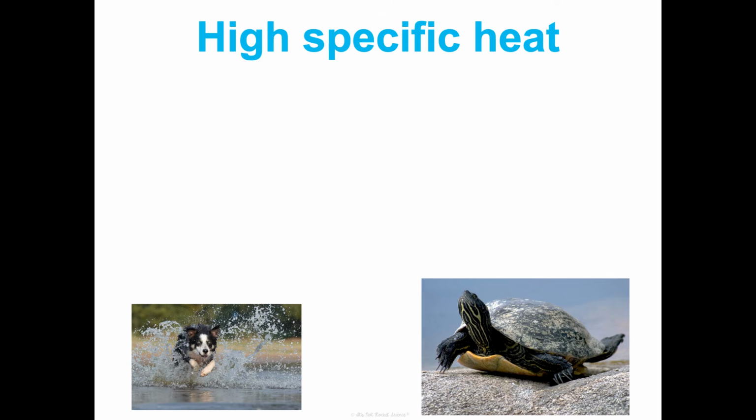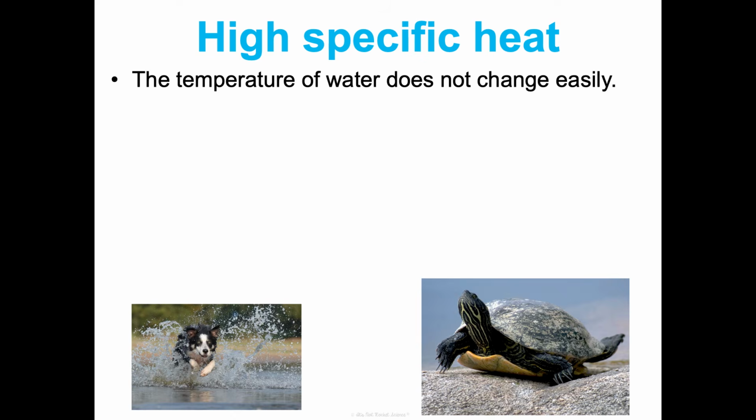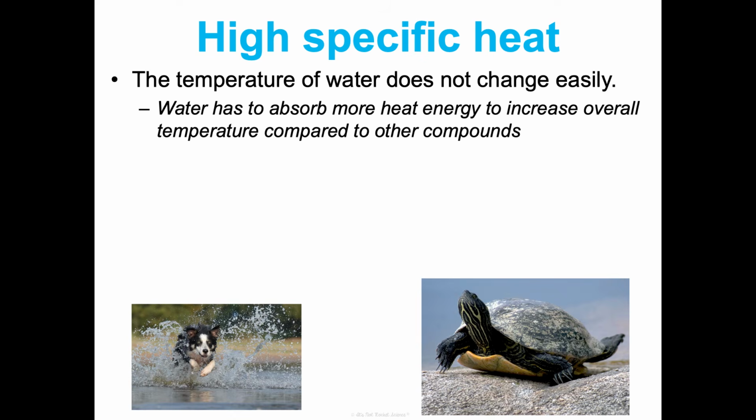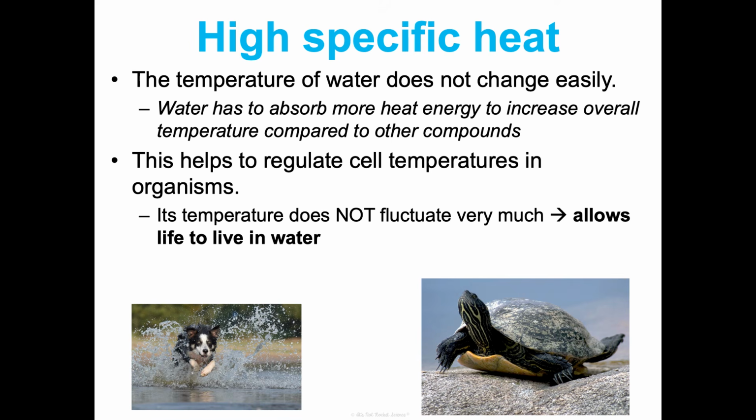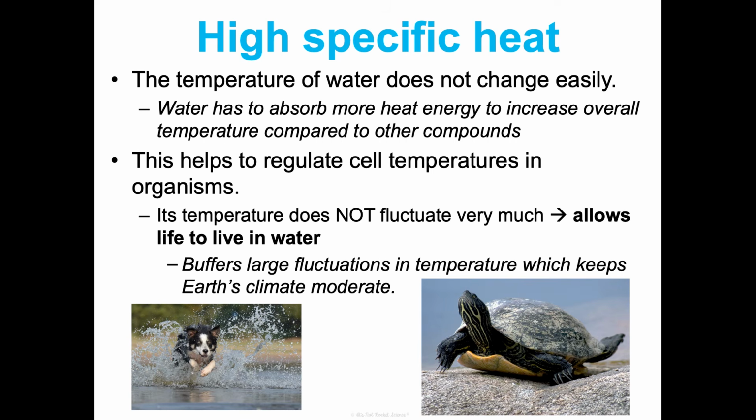This is my favorite one because I live on the coast, so this makes my life better. It's the fact that water has a high specific heat. So it basically means that it takes a lot of energy to change the temperature of water compared to other things. And because of that, the temperature of water doesn't change very easily because of the amount of energy it takes. This helps regulate cell temperatures in organisms because the temperature of water does not fluctuate very much. So that helps aquatic creatures that are living in the water, but it also helps terrestrial creatures and living things because it buffers large fluctuations just in Earth's temperature and in our climates, keeping them moderate because so much of